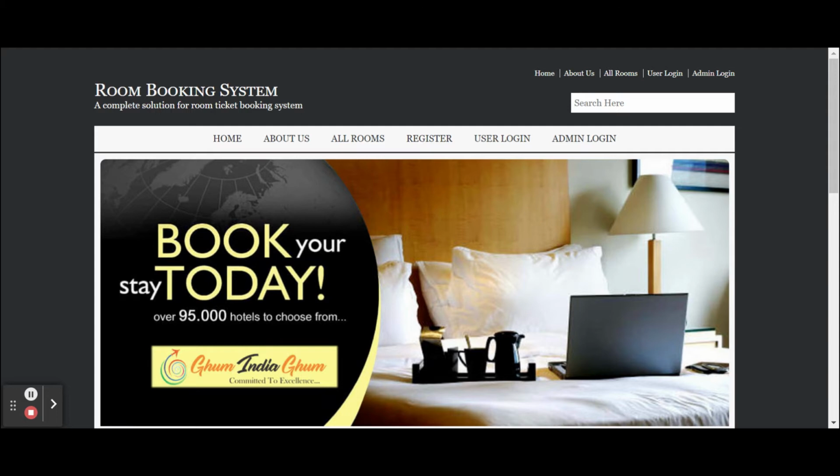For the database, I am using MySQL, and for MySQL, I am using the Jam server. The technology stack is ASP, C Sharp, and MySQL. For connecting C Sharp with MySQL, I'm using the MySQL connector, which you will get easily from the MySQL.org website. This is a web-based application, so for front-end development, I have used HTML, CSS, and JavaScript.